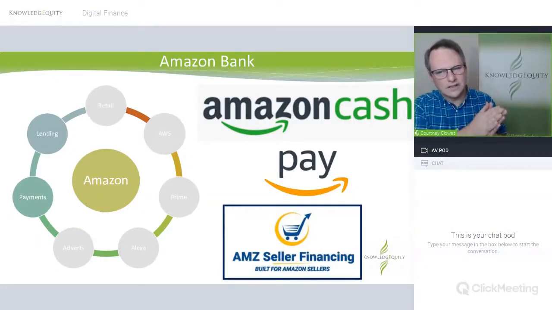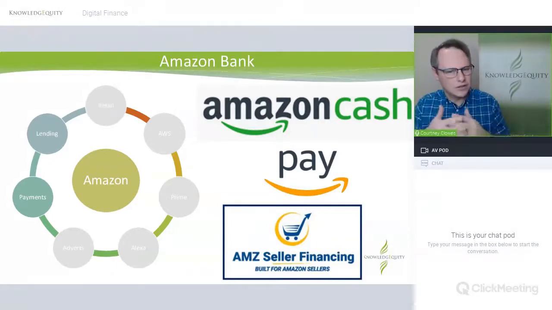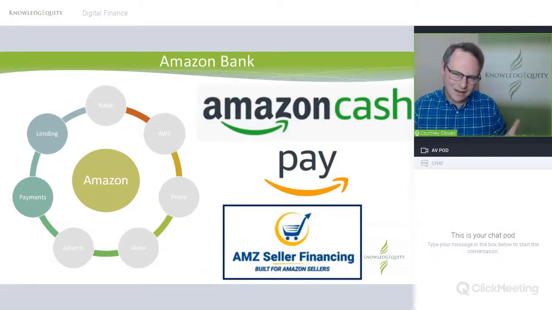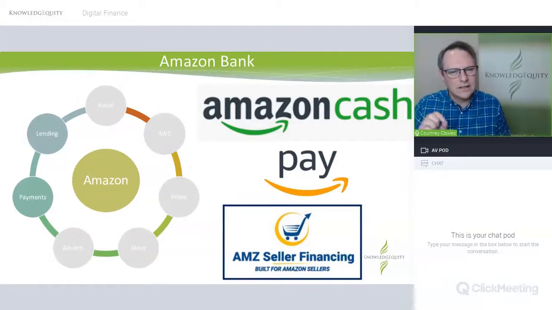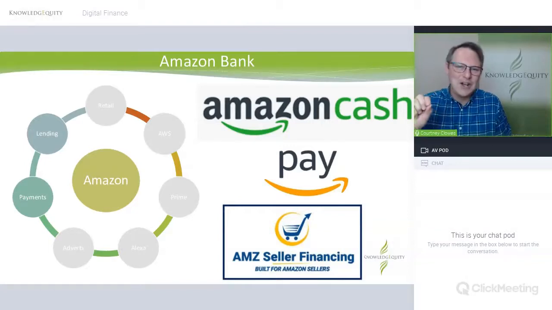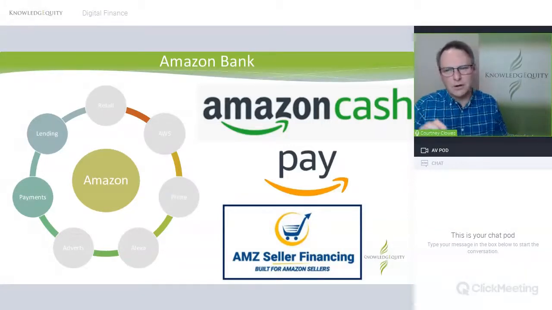And one of the really interesting things about Amazon now, and this will tie in more with digital finance, is how they are kind of, I'm going to call it, becoming like a bank. So when you do work with Amazon, in the past, you just consume through them. But now they're like, well, hang on, if you put money into Amazon Cash, you can then use that to not only buy Amazon products, but you can use that cash elsewhere. Now, for the unbanked, for the people who don't have so much financial access, this is another way into the electronic banking system. So there's Amazon Cash, then there's Amazon Pay, and also there's inventory lending.